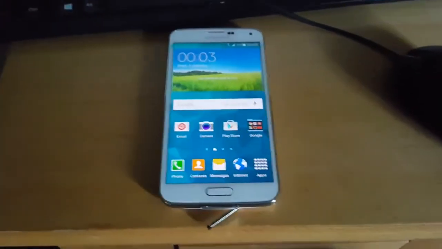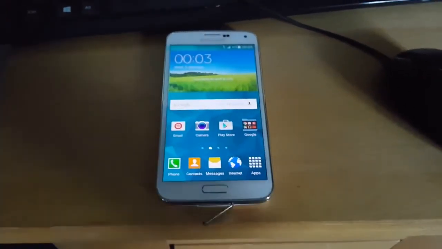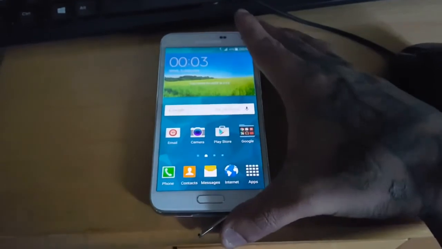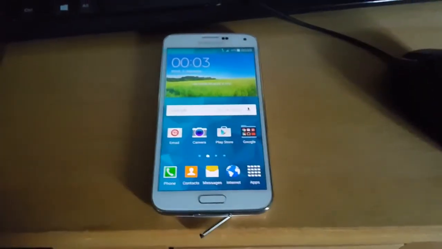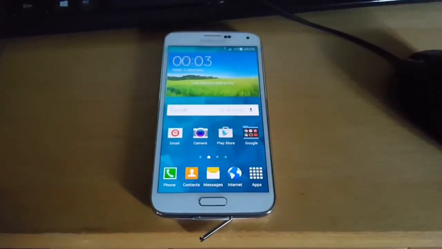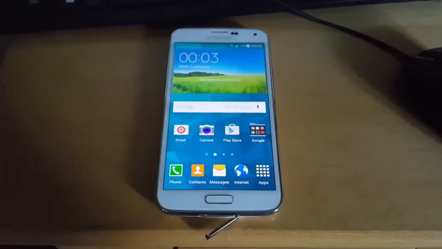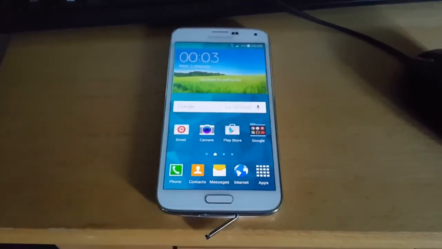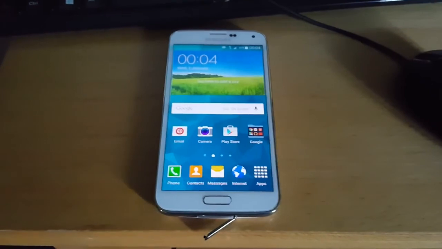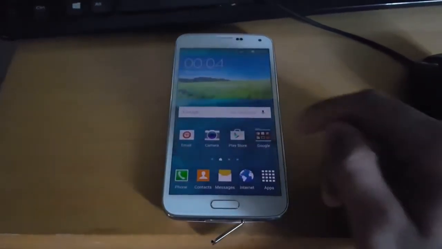to Android 5.0 Lollipop on the Samsung Galaxy S5 G900F model. This works for other Galaxy S5 model numbers. It's the same process. All you do, you just download the stock firmware for your model number and use Odin